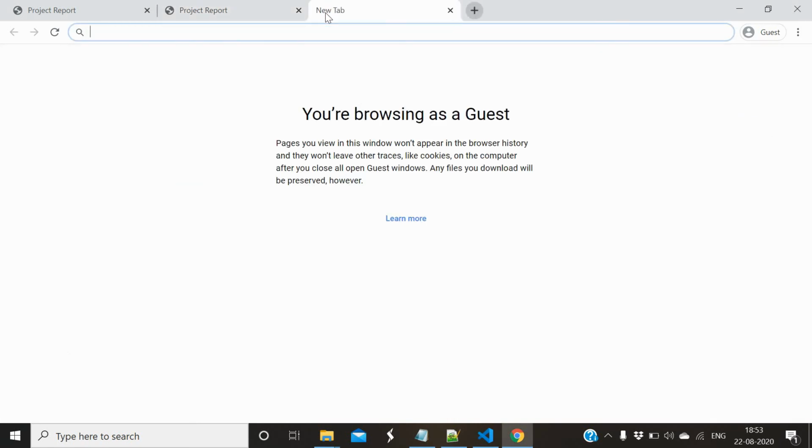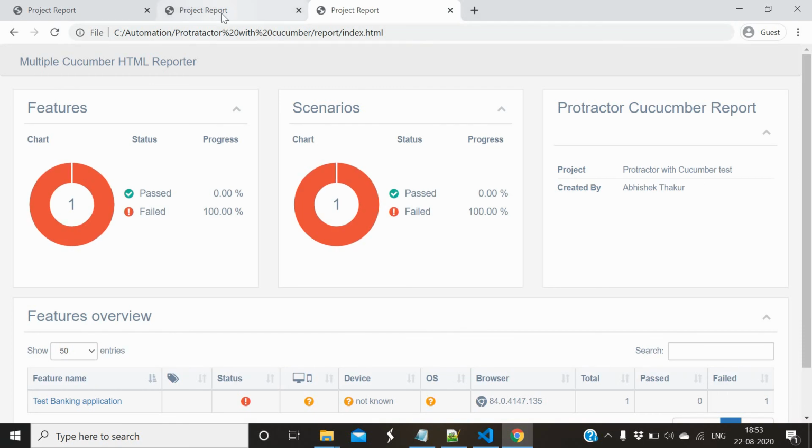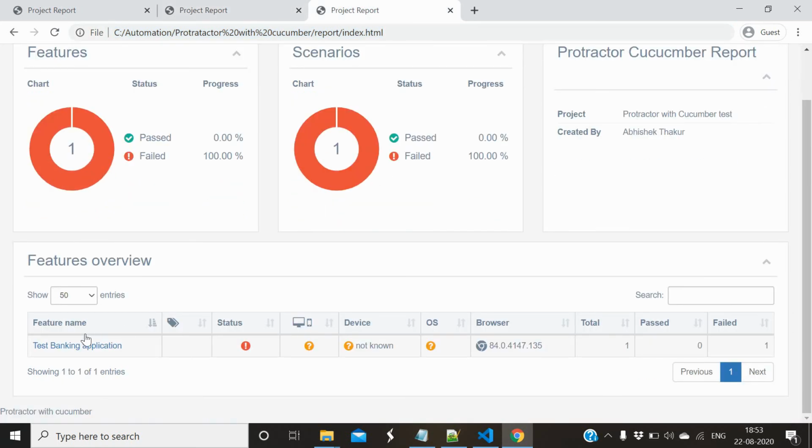Let me open it in the next tab so that you can compare. In this earlier report it is showing in green color, right? In this one it is in red because it has failed.